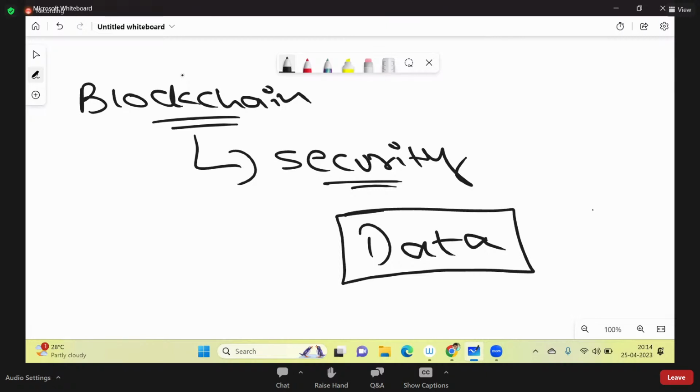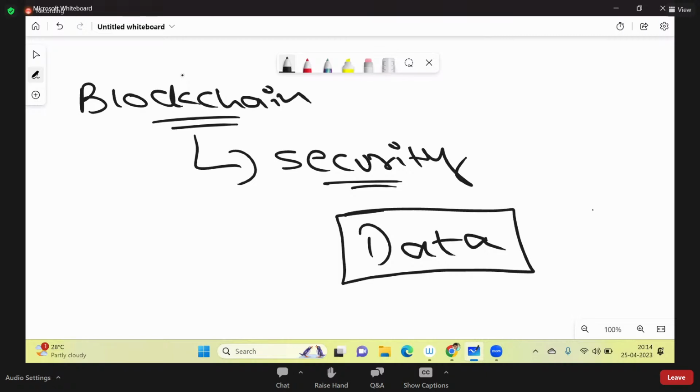So let me bring out that point to all of you, how the blockchain actually looks and what is there within this technology. Then we will understand the properties of the blockchain technology, what is actually there within the blockchain so that it is protecting the data in a very strong manner. Okay, so what I'm going to do right now is put up the architecture in front of you, so that all of you get clarity on what it is all about.